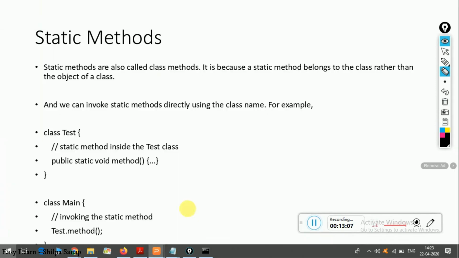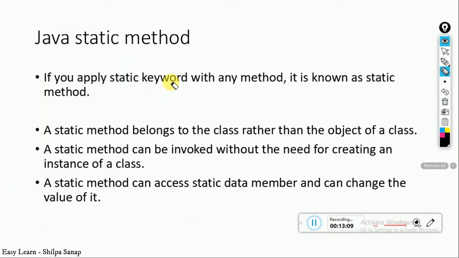Now we'll be talking about static methods. The static methods are nothing but the methods for which you need not create an object for calling them. Generally, we have seen whenever you are adding a method inside a class, to call it we need an object, and then we write object.method name to invoke the particular method. But if you are using a static method, then we are simply going to add the static word in front of the method name, and it becomes a static method. You need not create any object. You can directly call the method by using the name of the class and then the method name.